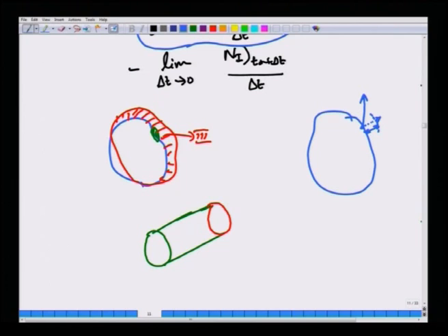So, this is the surface of the CV. At all times, the CV remains fixed in space. The surface of the CV is called the control surface, the CS, and this is the region 3. And why is this moving? This is moving because this is the unit area. So, this is the area patch.